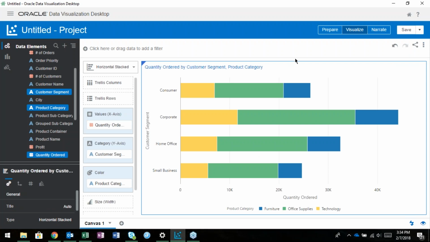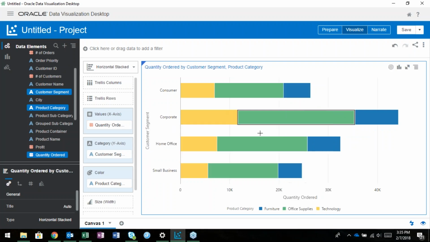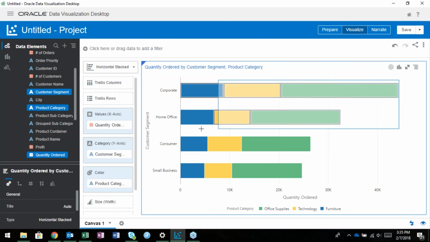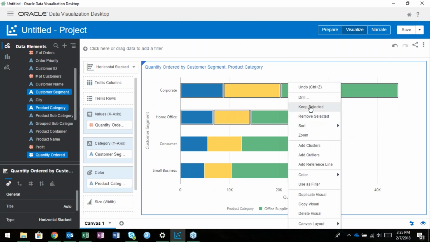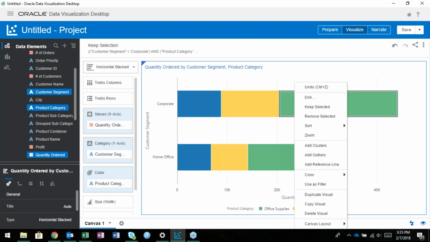And at this point, we can start interacting with the data. I can see that corporate and home office are the segments with the largest amounts of products ordered, but I can sort my graph to make sure that I am correct. I can also decide to focus my analysis on just those two segments by dragging my mouse cursor and choosing Keep Selected. As you can see, there are several other interactions that I could choose from in order to modify and interact